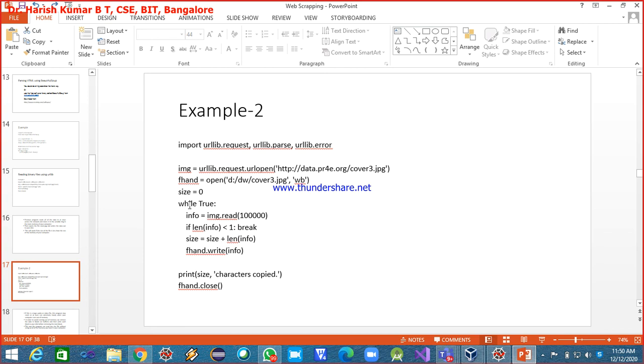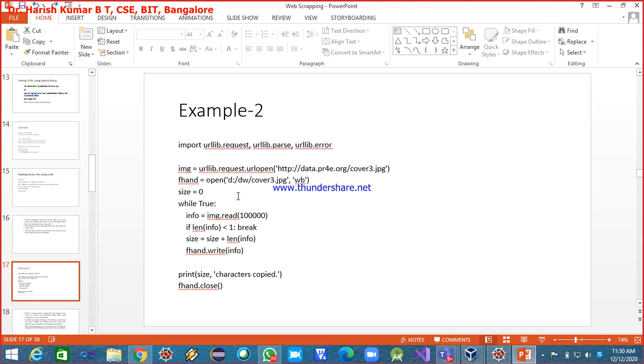Before I go for writing, I run a while loop. I read so many bytes of info from img, and I check the length of the info. If it is less than 1, I break. Otherwise I keep adding to the size. And then finally I go for writing.